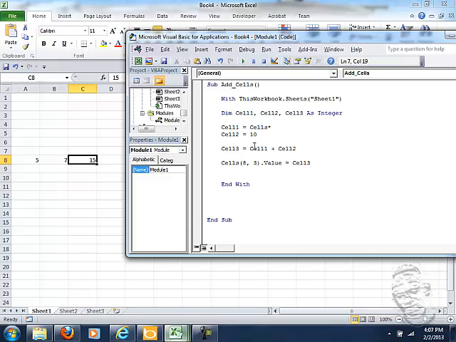Cells, and we will say cell 81. Right. Let me just put some space in between. Whatever value is in cell 81, we're going to take up that value, and whatever value is in 82,